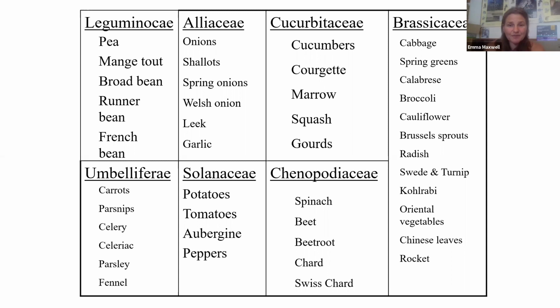And then we come to the biggest vegetable family, which is brassicas. There's a lot of brassicas that we grow, and a lot of them take up a lot of space, so you don't get many in a bed. And brassicas are really prone to club root, which is a soil-borne disease. So it's one of those families that is really important to rotate and not grow back in that same soil for as long as possible. But within that family, there's some root brassicas, which people often mistake as being in the root family. So things like radish and swede and turnip are not in the root family,